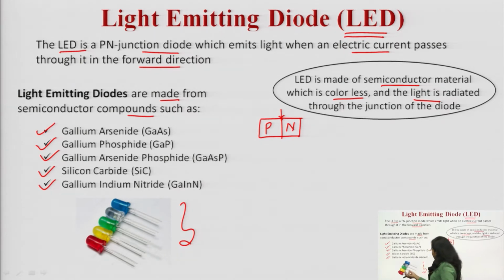So now you will be very much capable of recollecting: yes, I have seen this kind of LED, I have seen a red color LED, I have seen a blue color LED, I have seen the green one, even the white one. So you can recall the things. LEDs look like this, and LEDs of various colors are available in the market.